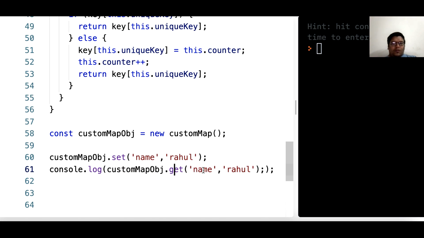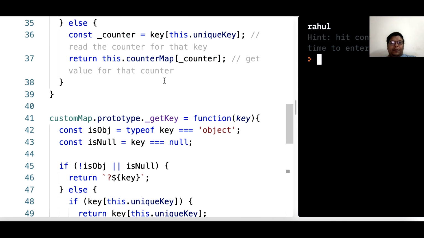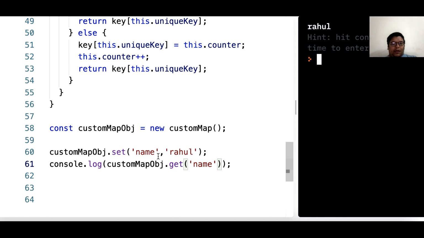Now ideally the expected output here should be Rahul. Let's try to run it. Okay, great. That is a pretty simple case, but that works.